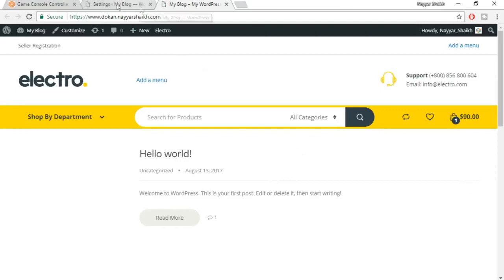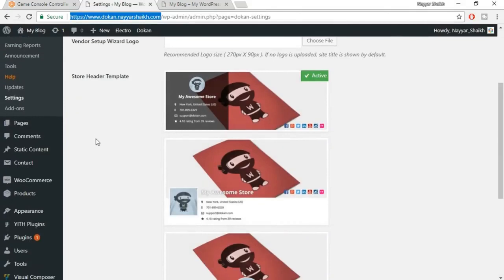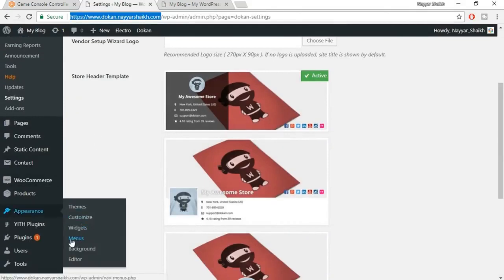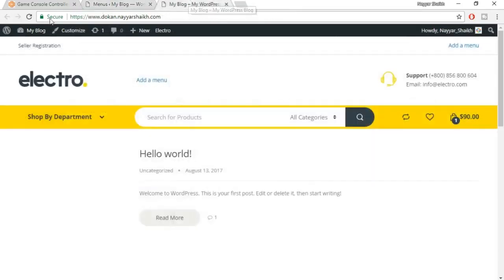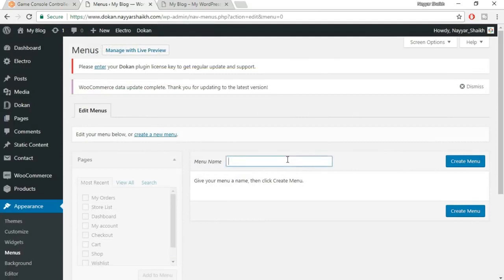Now what we have to do is add these different options. For example, here you'll see seller dashboard, then here we have different menus. So let's create these two menus, the seller dashboard and the top left and top right menus. Okay, so come back to your dashboard, hover over appearances, you will see menus. Click on menus. Now suppose we want to add the top left menu first. We can name it anything. For example, I am naming it top left. Okay, now click on create menu